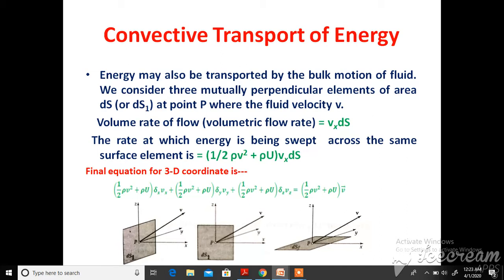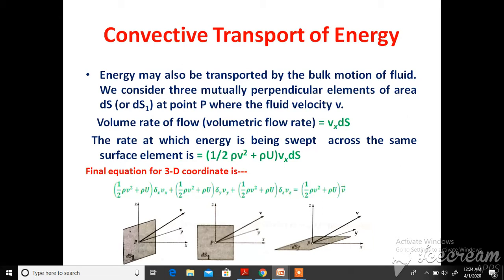In simple manners, here we are considering three mutually perpendicular elements of area, differential area dS, at point r, where the velocity of fluid is considered v. You can see in the figures these planes are made by liquids. So for the first case,